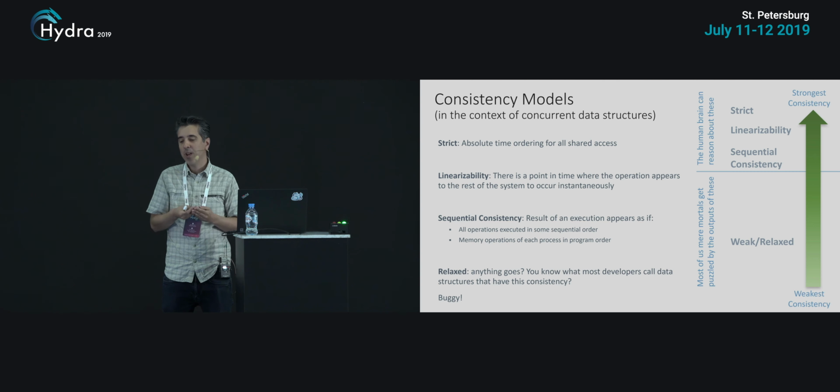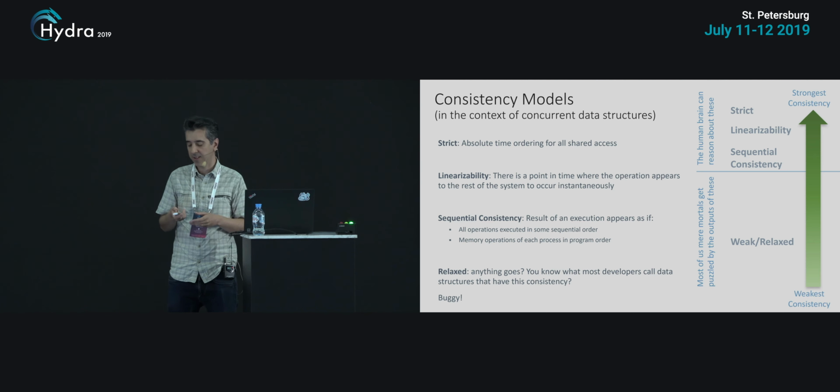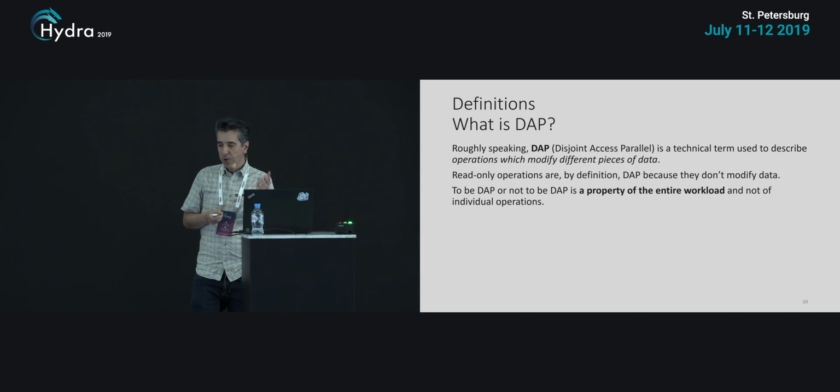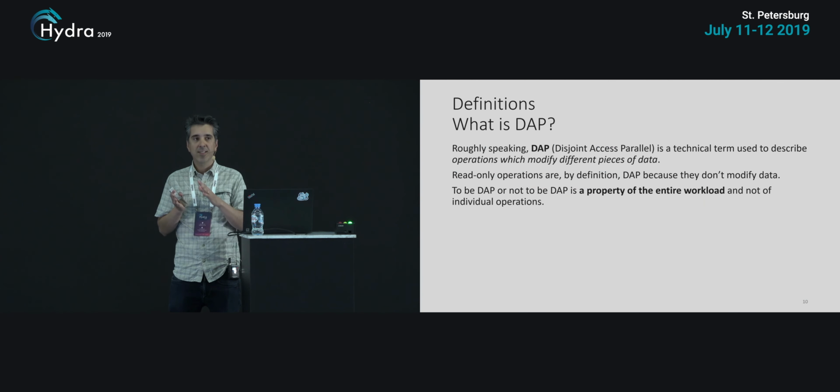It's just an API kind of approach. What do the users of the data structure expect? I would argue that most of them expect linearizability, because that's the easiest to reason about. One more definition, which is called disjoint access parallel, is used a lot in academia, not so much in